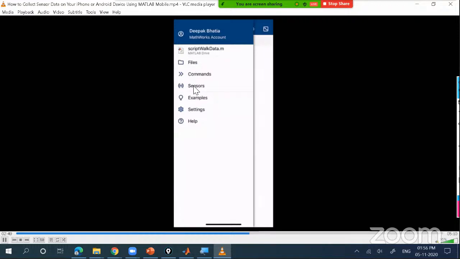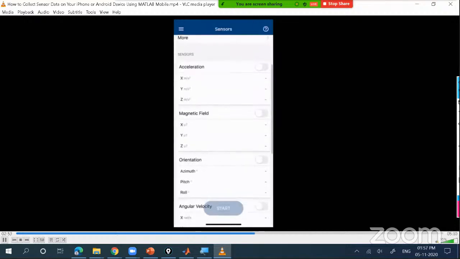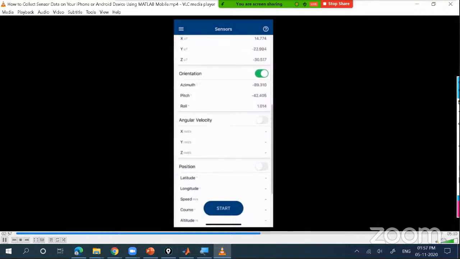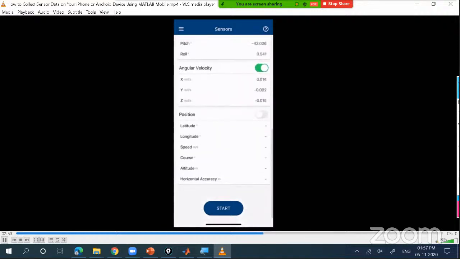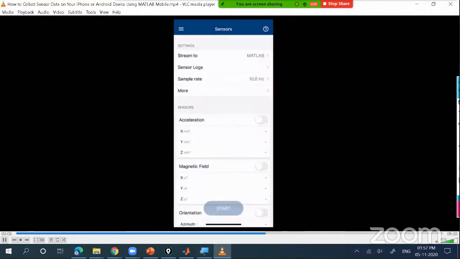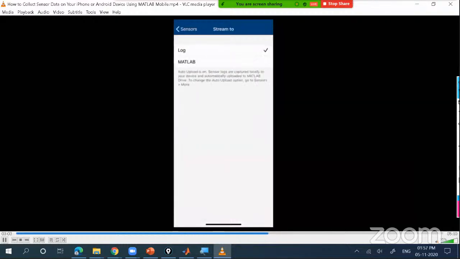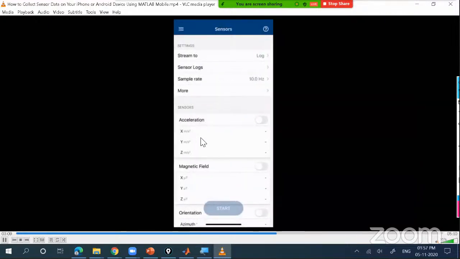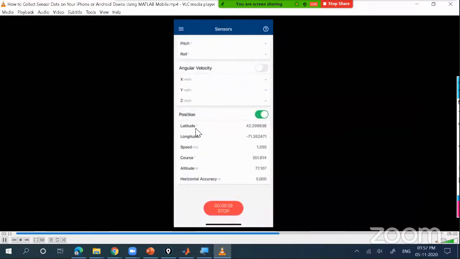options here, if you go to the third option, there is something called sensors. Now, when I click on the sensors, you can see that inside your mobile phone there are different sensors like accelerometer, gyroscope, angular velocity. So there are different kinds of sensors which you can use. And then if you go into stream and then say log, what would happen is that it would automatically send your data, that is your latitude, longitude, that's your GPS data, directly into your MATLAB cloud and to your